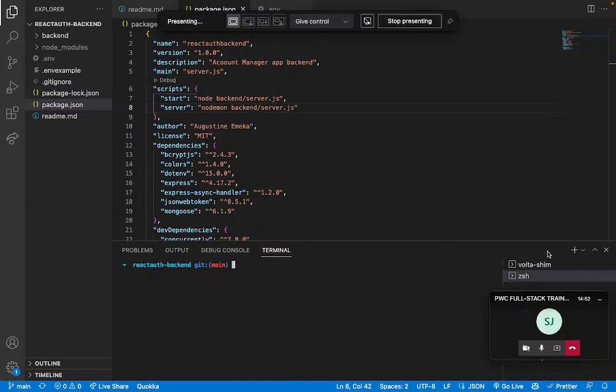Here we can create our front-end application. So you can simply say npx. We already know this. This is how we create a React application. npx create